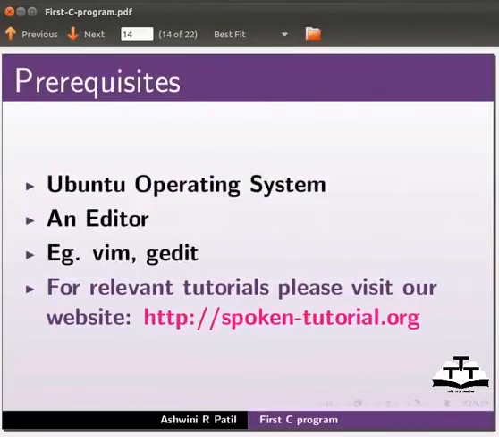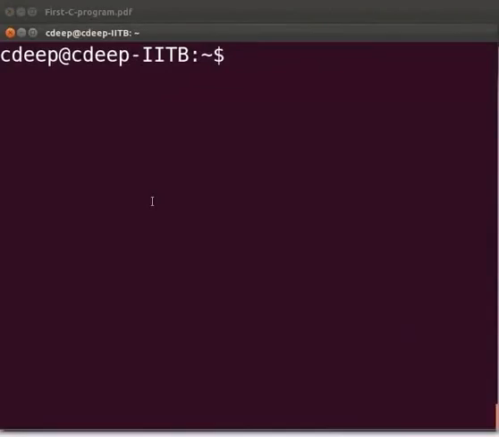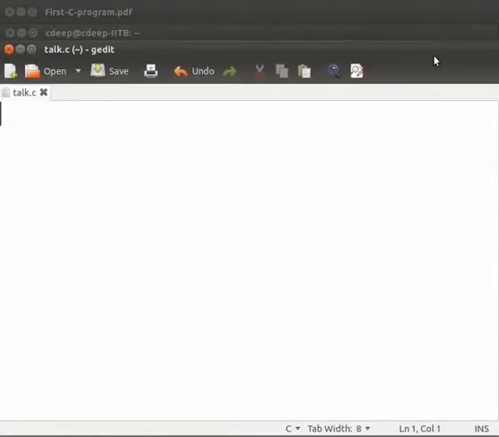Let me tell you how to write a C program through an example. Open the terminal window by pressing Ctrl, Alt and T keys simultaneously on your keyboard. Now let's open the text editor. So at the prompt type gedit space talk.c space &sign. We use the ampersand to free up the prompt. Please note that all the C files will have extension .c. Now press enter. The text editor has opened.